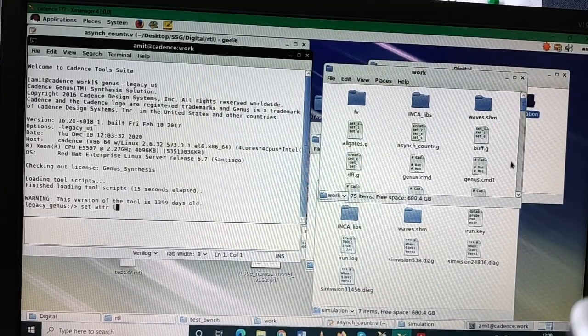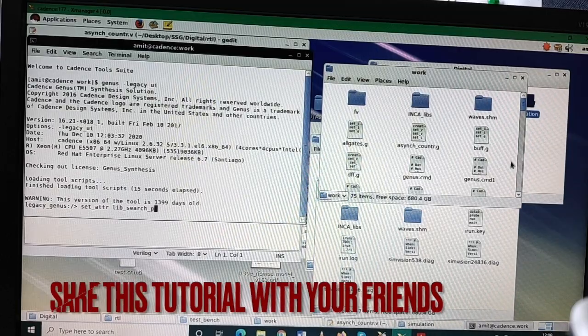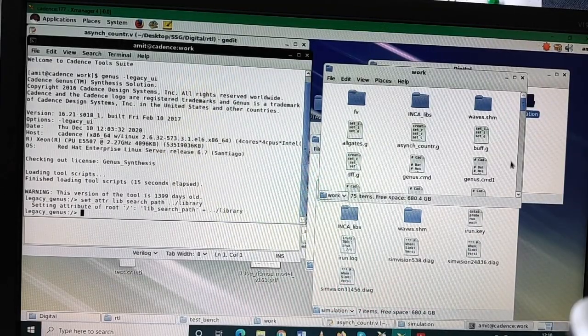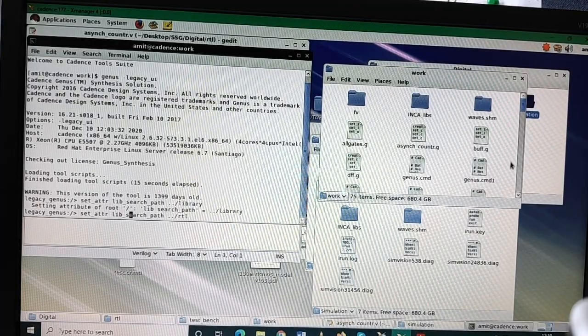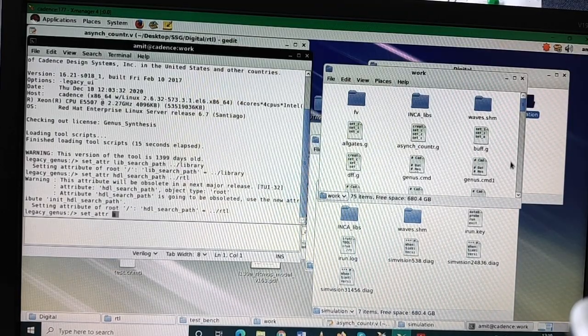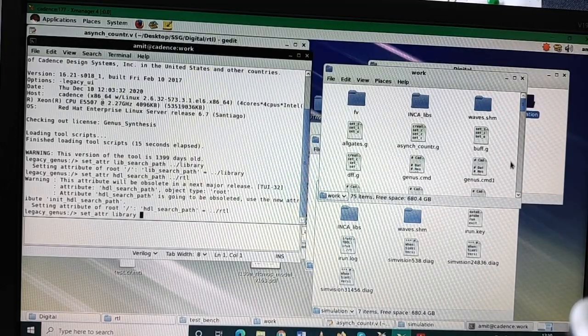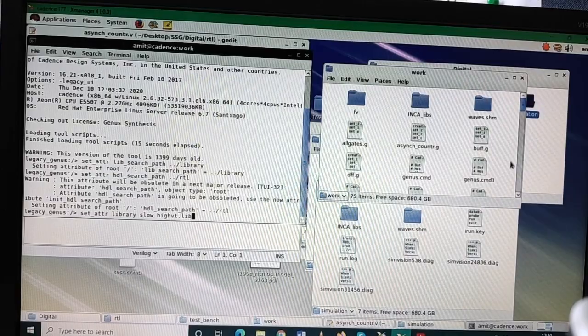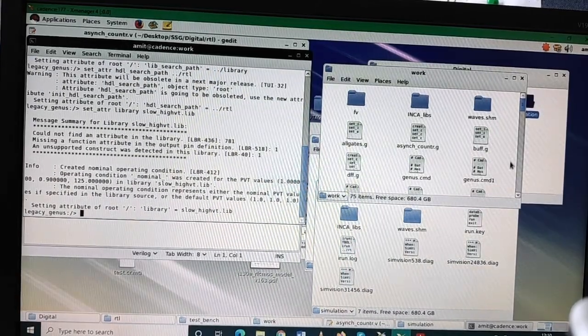Set attribute lib search path RTL HDL, then library slow high vt dot lib. Okay, then